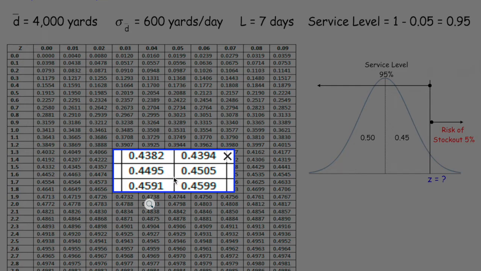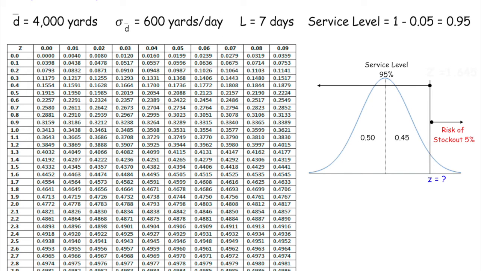Some teachers may argue to go to the closest Z-score without going over. So some teachers might ask you to stop here at 0.4495. But in my opinion, it's more accurate to take an average simply because the area that we're looking for is in fact right in the middle of these two areas. And so if we were to do that,